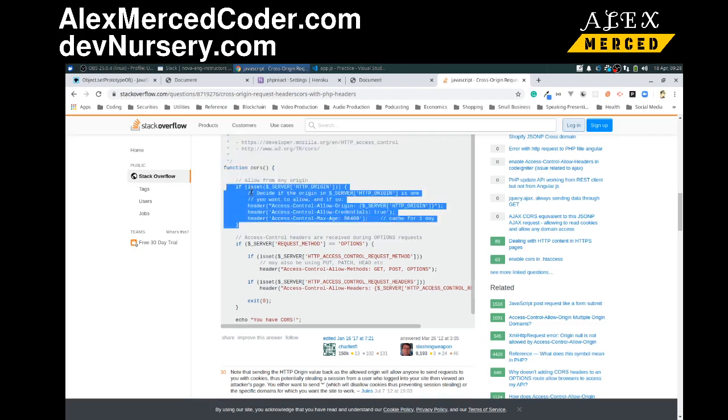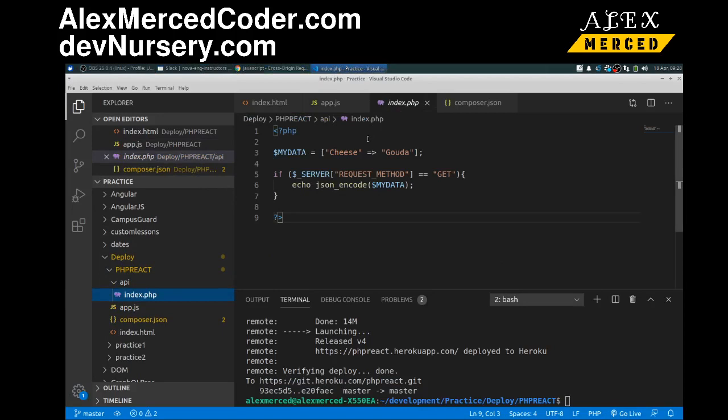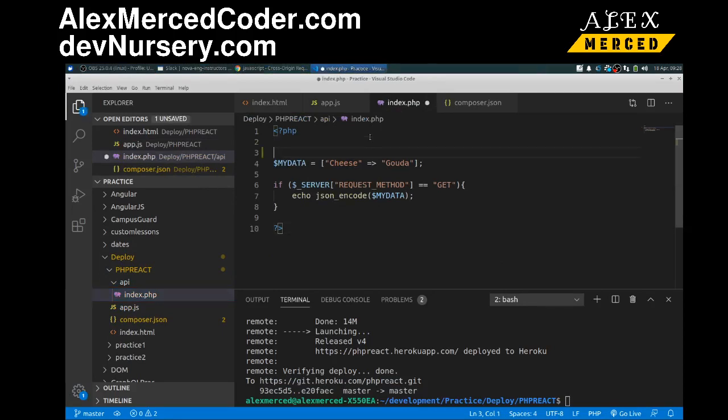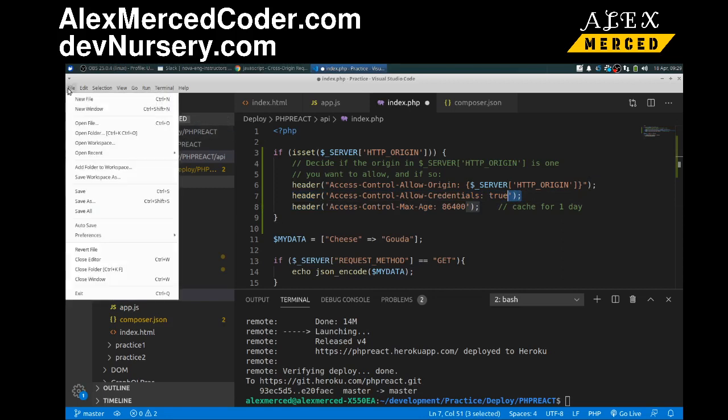So we'll copy this and give this a shot. So we'll put this back in our PHP. I'm going to go back to the API, index.php. We'll just copy this right here at the top. Okay, so essentially what this is doing, this is the HTTP origin, which is basically where the request is coming from. So we're just basically saying wherever the request is coming from is allowed. And then it's just other headers. I'm not sure if I really need those, but